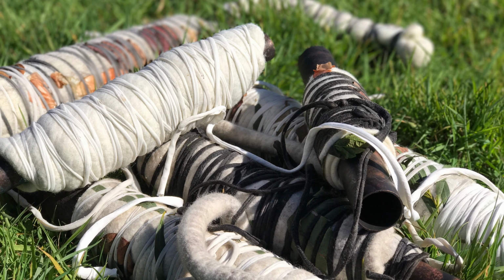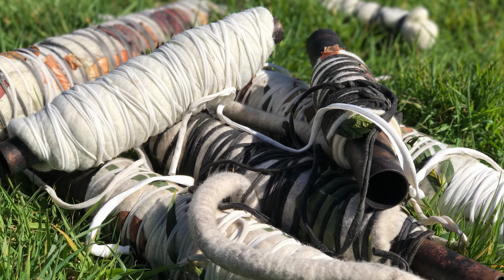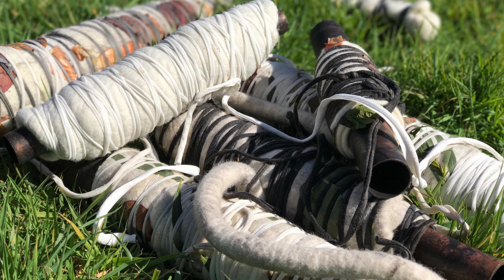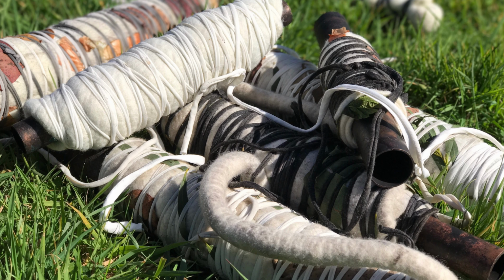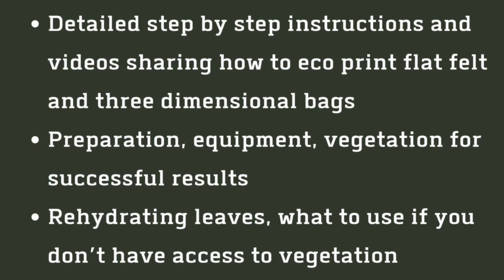The second part of the workshop, module 2, is all you need to know for a successful eco printing session and how to colour the beautiful felt that you have already made. I cover everything from how to prepare your felt before printing, the supplies you need to make things go smoothly, the vegetation I recommend for successful results, how to rehydrate dried leaves, what to use if you have very little vegetation in your area or it's a time of year when you don't have access to leaves, how to start